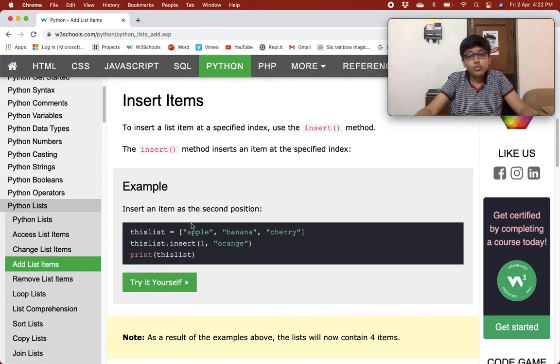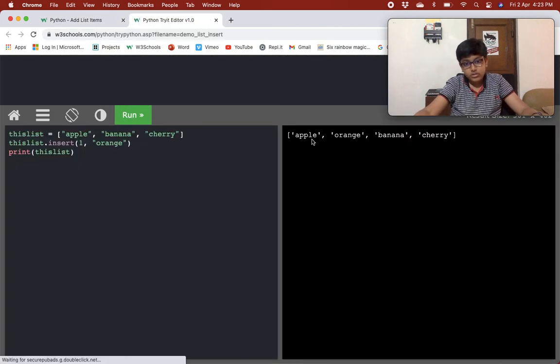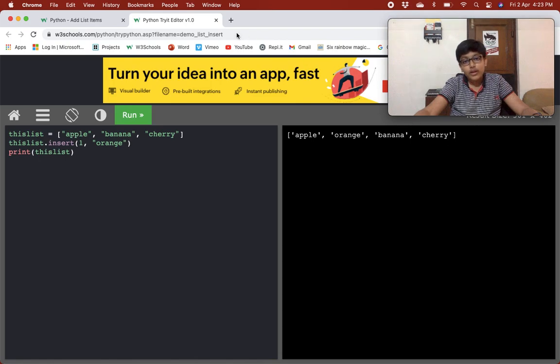Second position index is 1. At 1 you are giving orange, so it would add orange at the second position. So it would be now apple, orange, banana and cherry. When we are printing it, you could see it: apple, orange, banana and cherry.